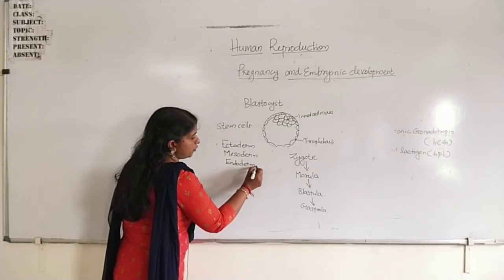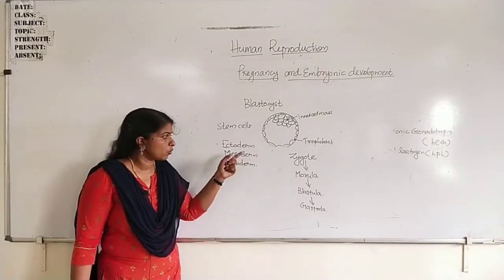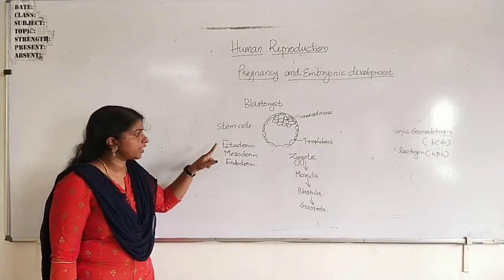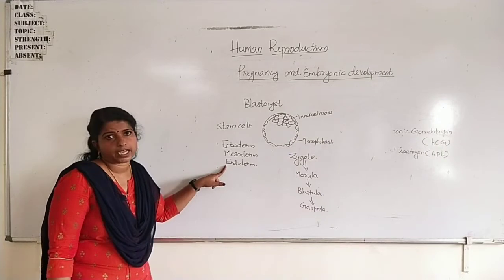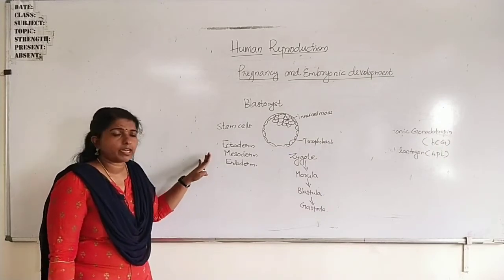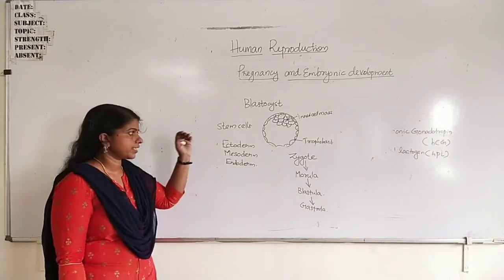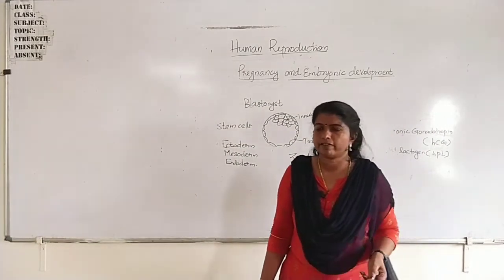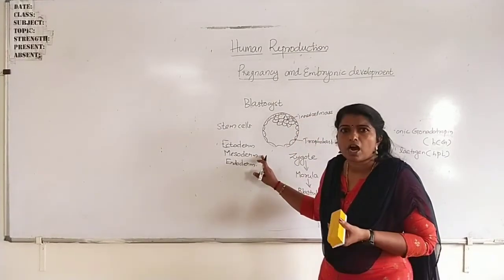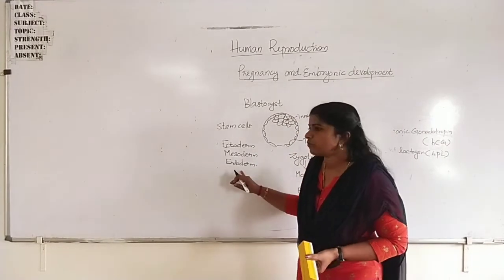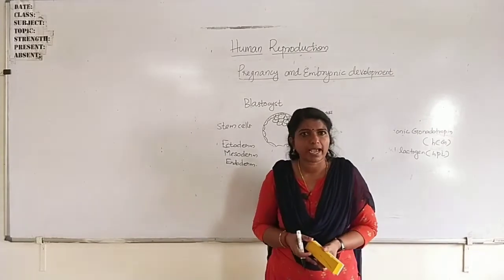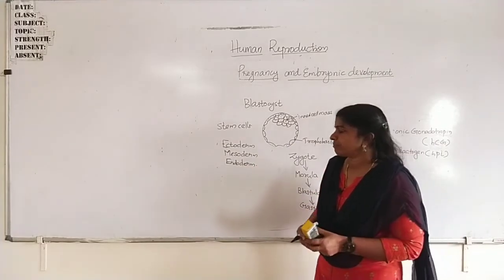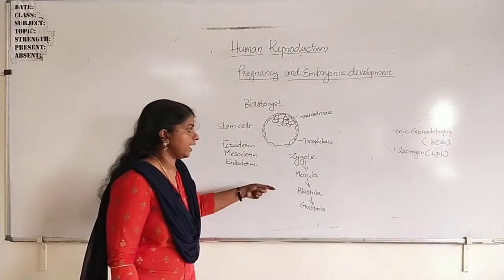Okay. You know we are triploblastic organisms, so we have 3 germ layers: outer ectoderm, middle mesoderm and inner endoderm. All the organs develop from these 3 layers. For example, from the ectoderm, the skin, hair, nail, etc. develop. From the mesoderm, heart, kidney, etc. develop. From the endoderm, urinary bladder and some endocrine glands develop. Okay. So, these are the 3 layers.